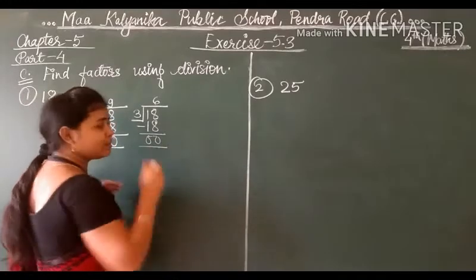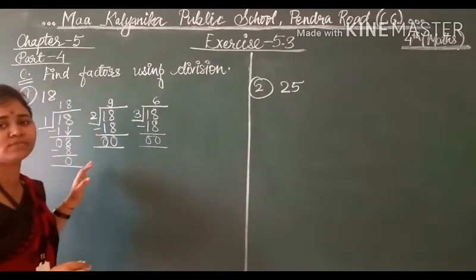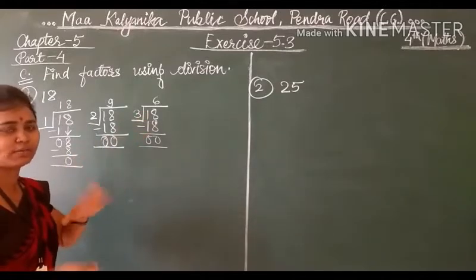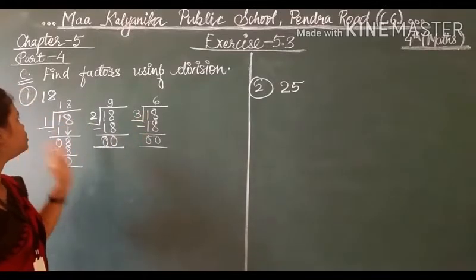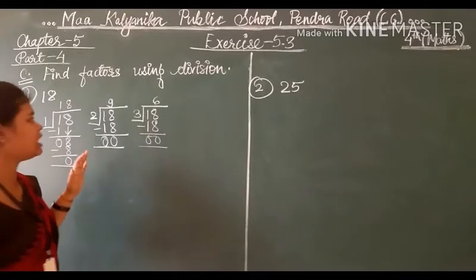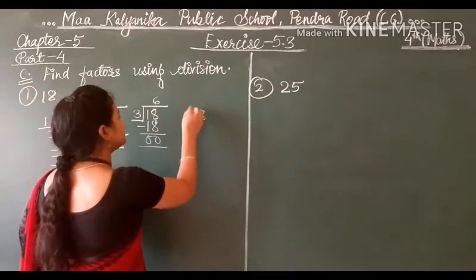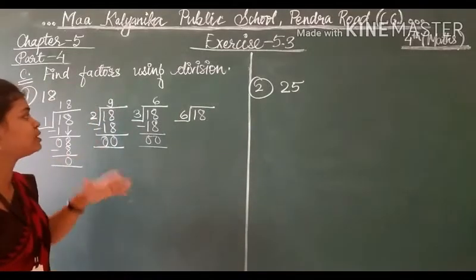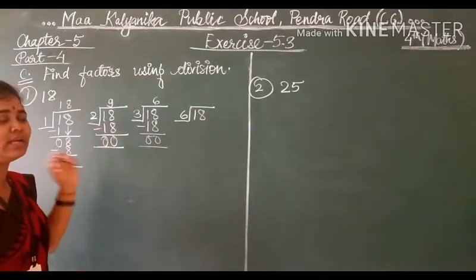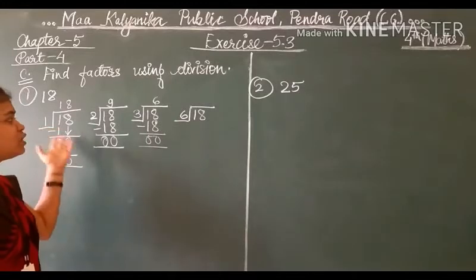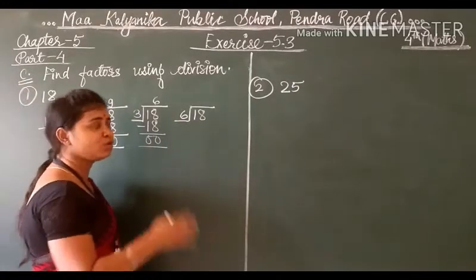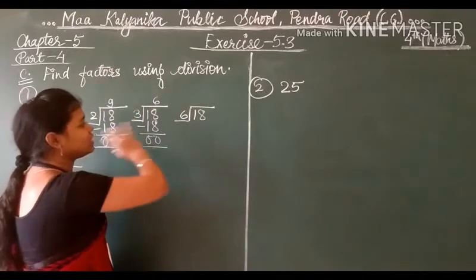Now 4. Table of 4, if we are reading, 4 5s are 20 and 4 4s are 16. 18 is not coming. So leave. Table of 5? No. 6. Of course it will come. So 18 divided by 6. Why are we not taking 4 and 5? Because we already know that in the table of 4 and 5 it is not coming. But by showing division, the remainder will not be 0. So it will not be a factor of that given number.